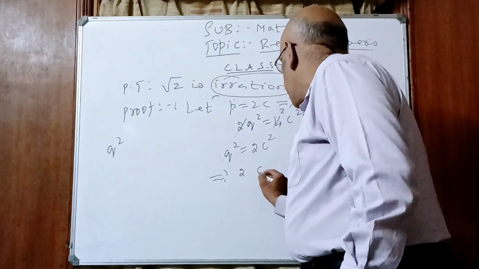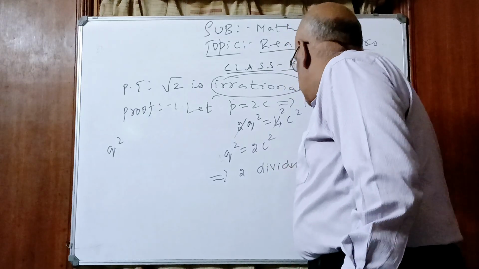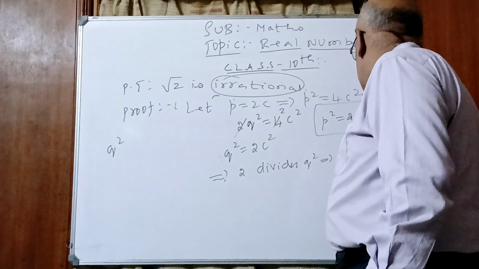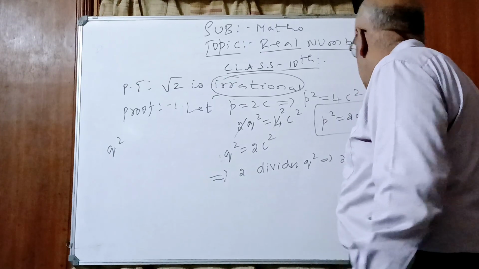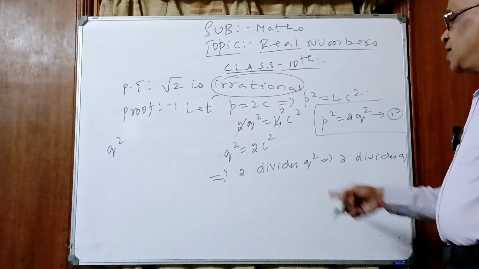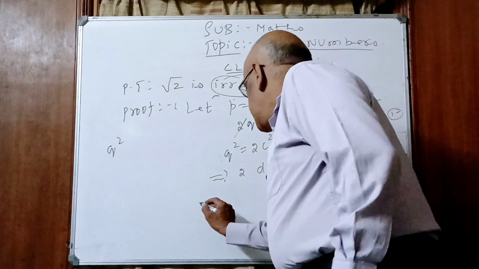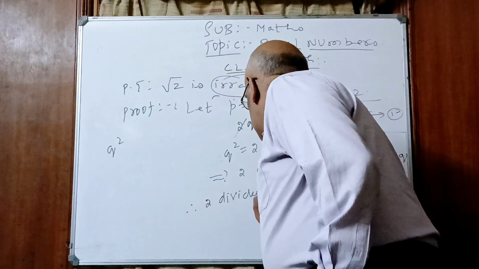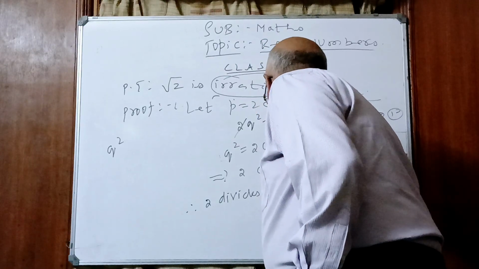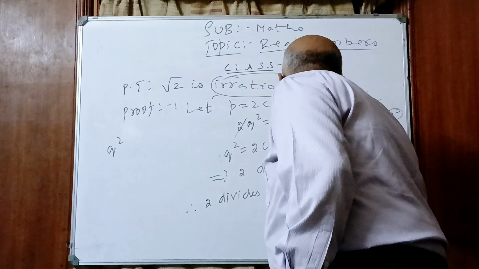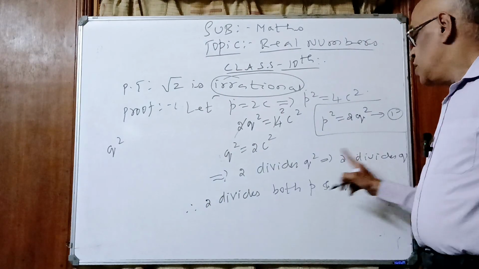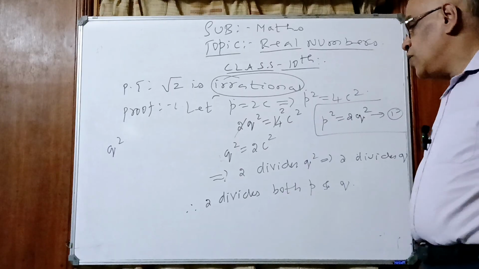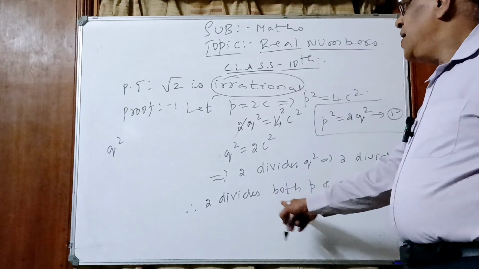2 divides q square, which implies that 2 divides q. Yes or no? What did we say here? 2 divides q. Therefore, 2 divides both p and q. Yes or no? Here we said 2 divides q square, so 2 divides q. Here we said 2 divides p square, so 2 divides p. Yes or no? Then this contradicts